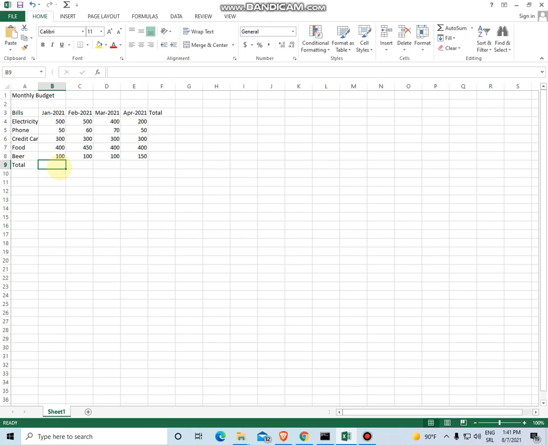In this case, I am going to start it with an equal sign. This is true from the most basic calculation, like what we are about to do here, to the most advanced calculation that you can perform in Excel. All calculations and formulas you start with an equal sign.